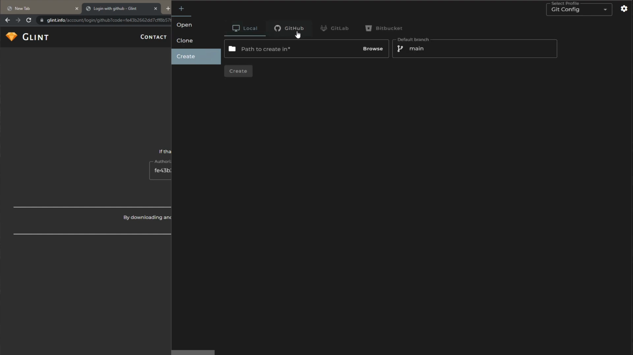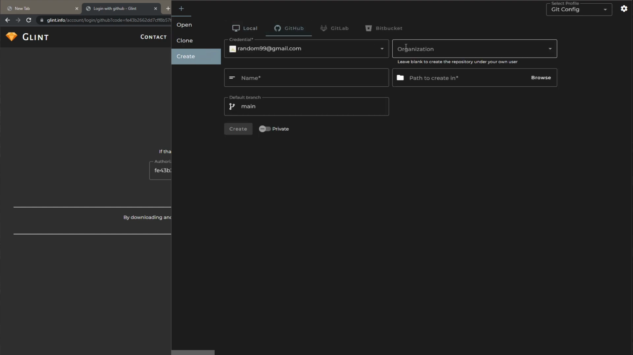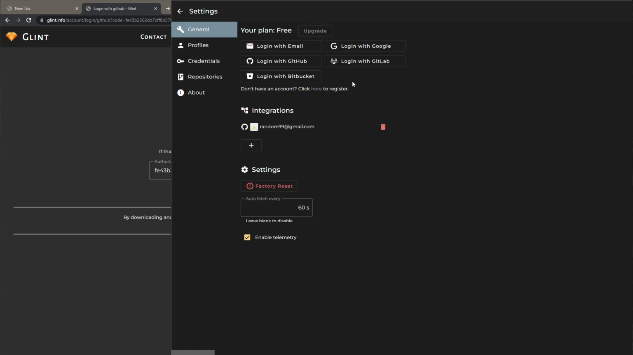And you also have unlocked a tab here. When you create a repository, you can put the name in and it will put it onto GitHub or whatever cloud provider you're using. If you want to remove this integration, you just go to settings again